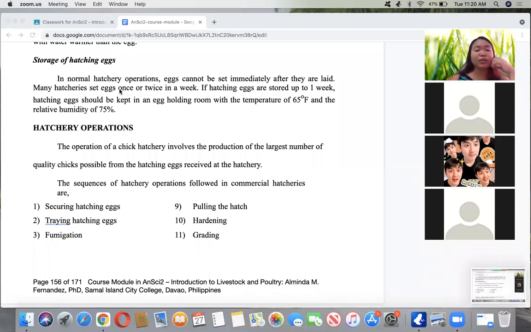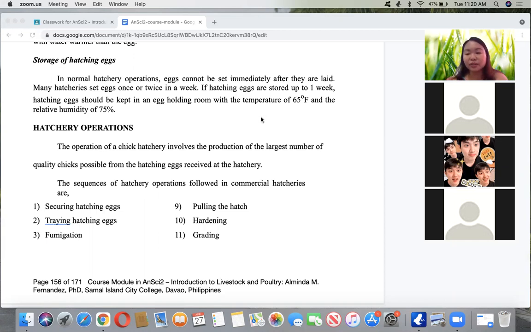So in normal hatchery operation, eggs cannot be set immediately after they are laid, no? So many hatcheries set eggs once or twice in a week also by schedule siya. So i-store muna sila. So as a matter of principle, hindi rin, 'di ba, mag-develop or mag-embryo development kung hindi sa proper temperature yung kanyang